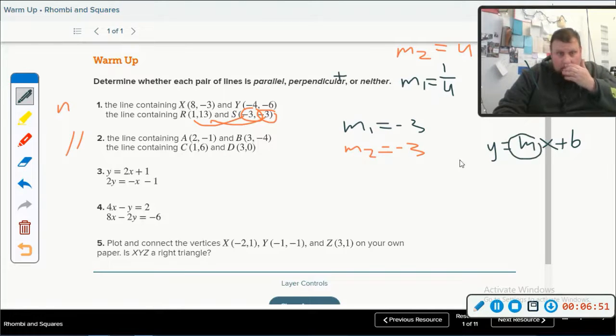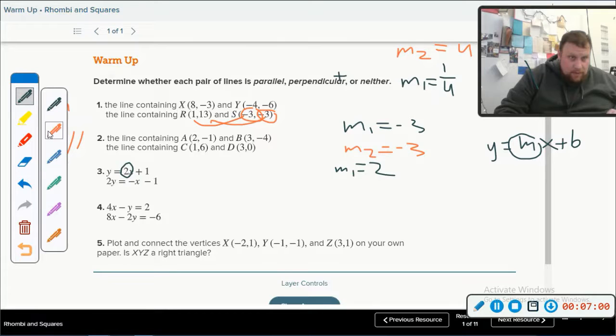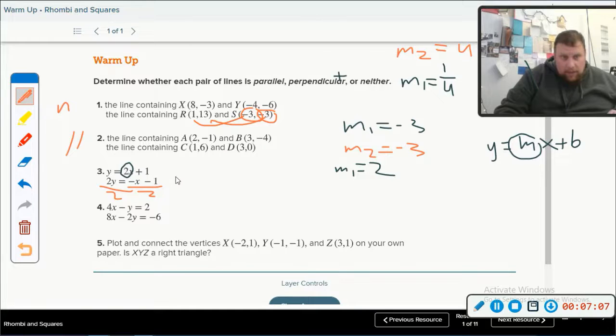We already know what the slope is right away. So the first one has a slope of 2, so we know that my m1 is 2 over here. For this next one, we just got to divide both sides by 2. Divide both sides by 2. And when we get that y equals negative x over 2